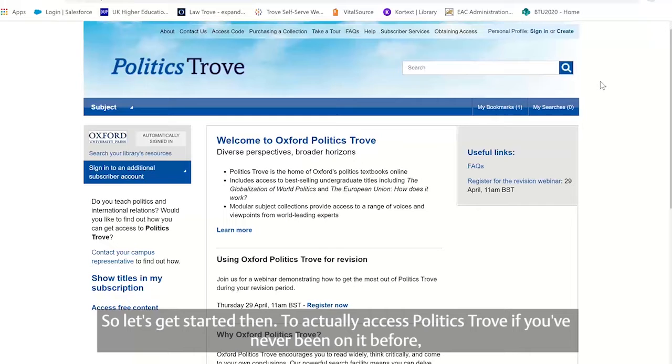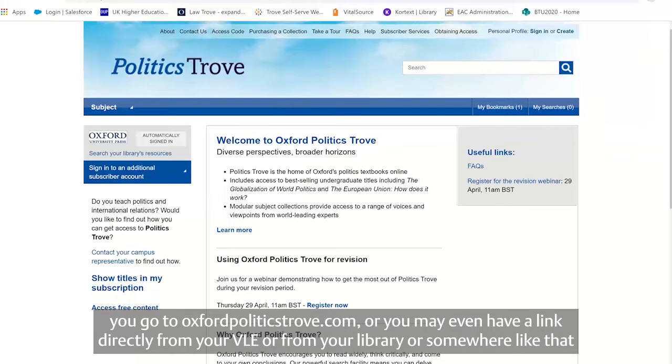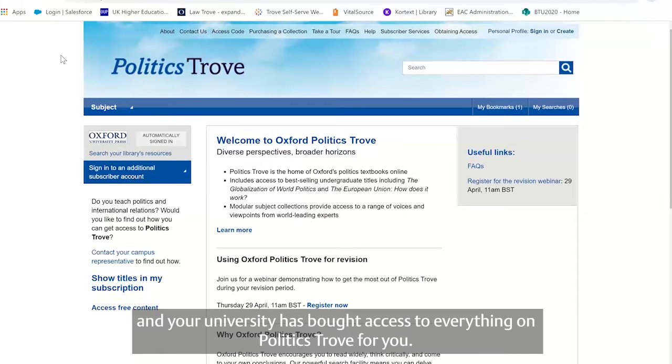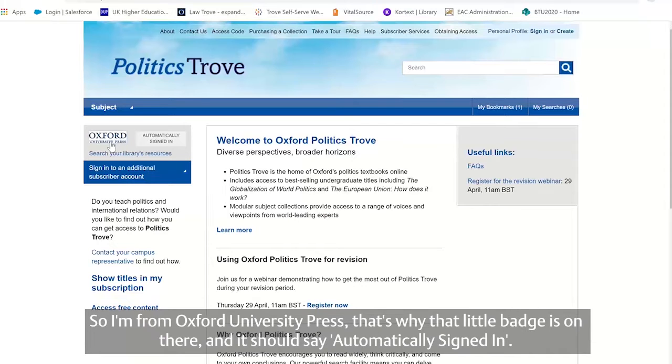To actually access Politics Trove, if you've never been on it before, this is your first time using it and you think, actually, yes, I do need to do some revision for my exams, you go to oxfordpoliticstrove.com, or you may even have a link directly from your VLE or from the library or something like that. And your university has bought access to everything on Politics Trove for you. So what you should see when you come onto this homepage is your university logo here. So obviously I'm from Oxford University Press, that's why that little badge is on there,